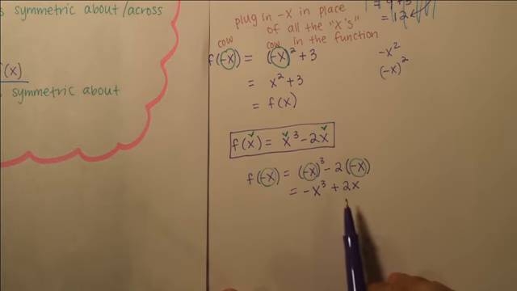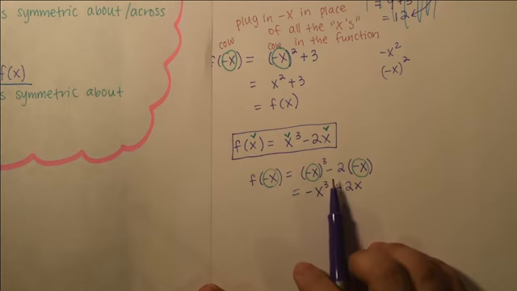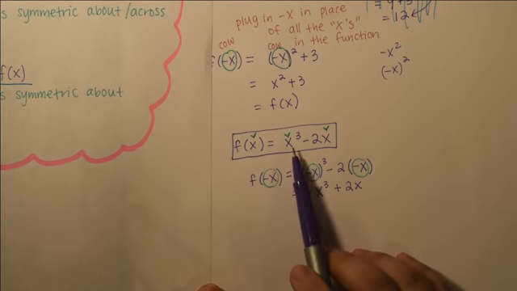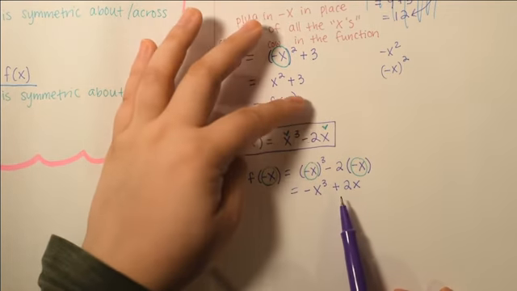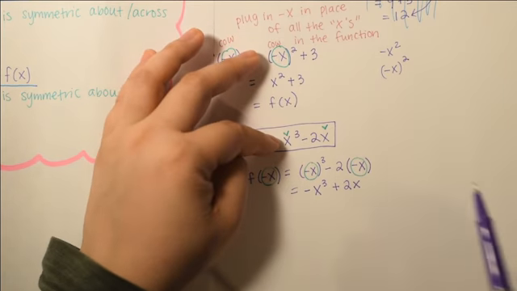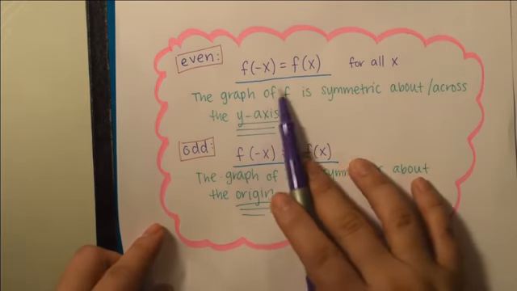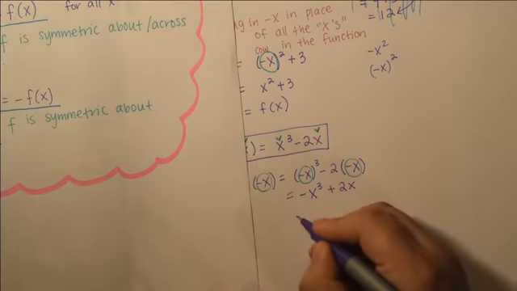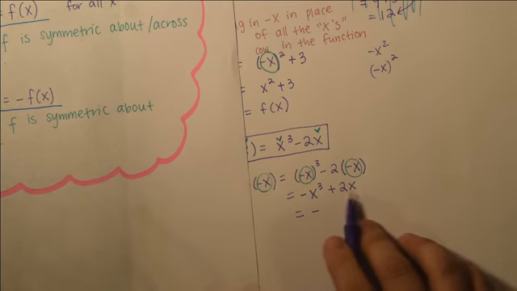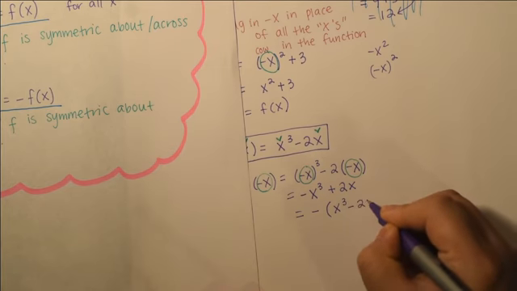And so straight away I'll notice that this is not equal to my original function. Negative x cubed plus 2x is not x cubed minus 2x, right? These two are not the same, though they look pretty close. And so the other thing I will try is, f of negative x is not equal to my original function f of x, but I'll try negative f of x. So if I pull out a negative 1, I factor it out, I have an x cubed minus 2x,